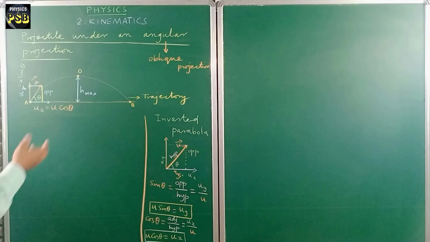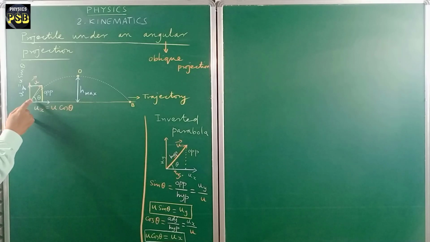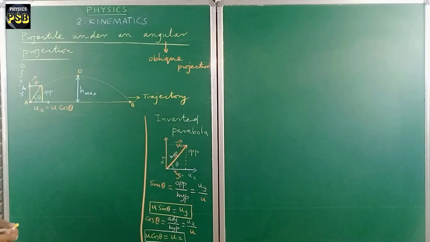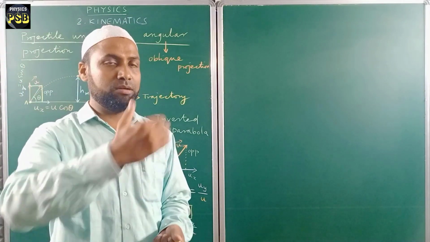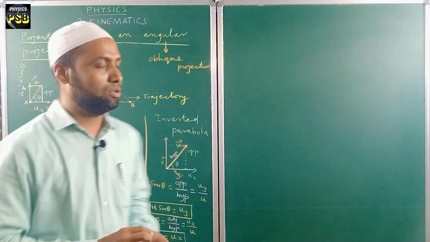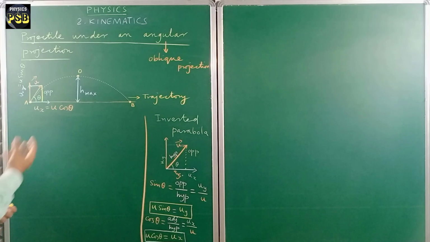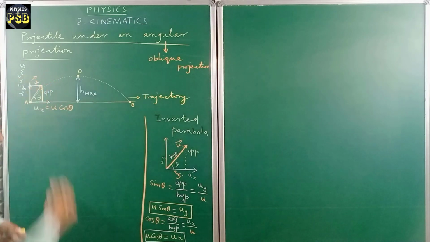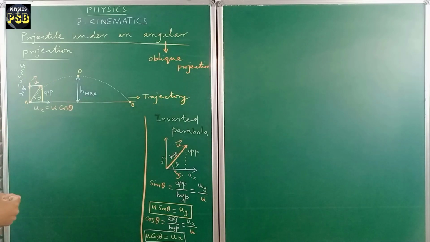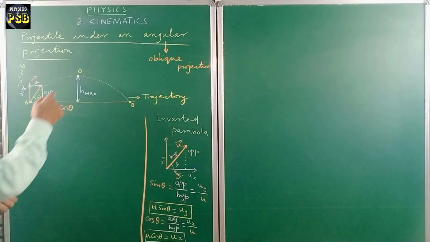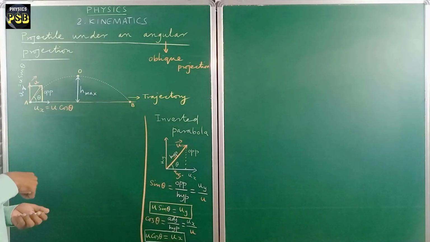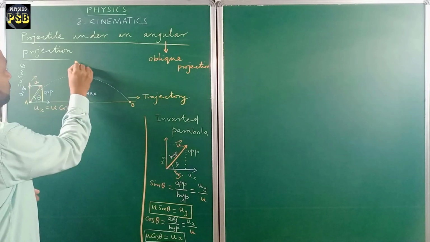Now before going ahead, let me provide some more information about this diagram. When we throw the object at some angle to the horizontal, it starts moving upward. When an object moves upward, it means it is going against the gravitational pull of the earth. The gravitational force of the earth is constantly pulling the object which is in motion. Due to the initial velocity, it has reached point O. At point O, the velocity, that is Vy,